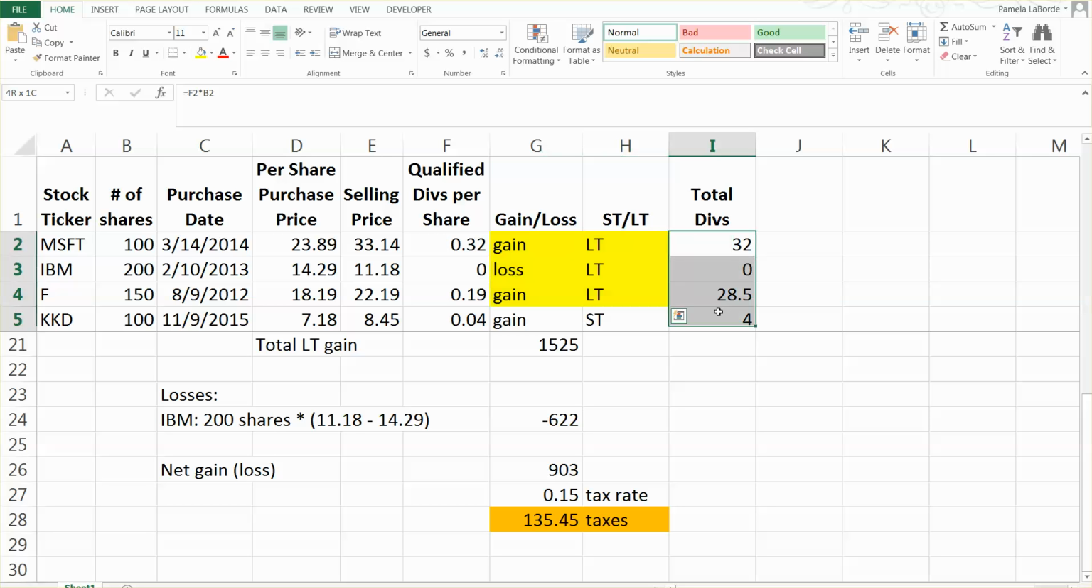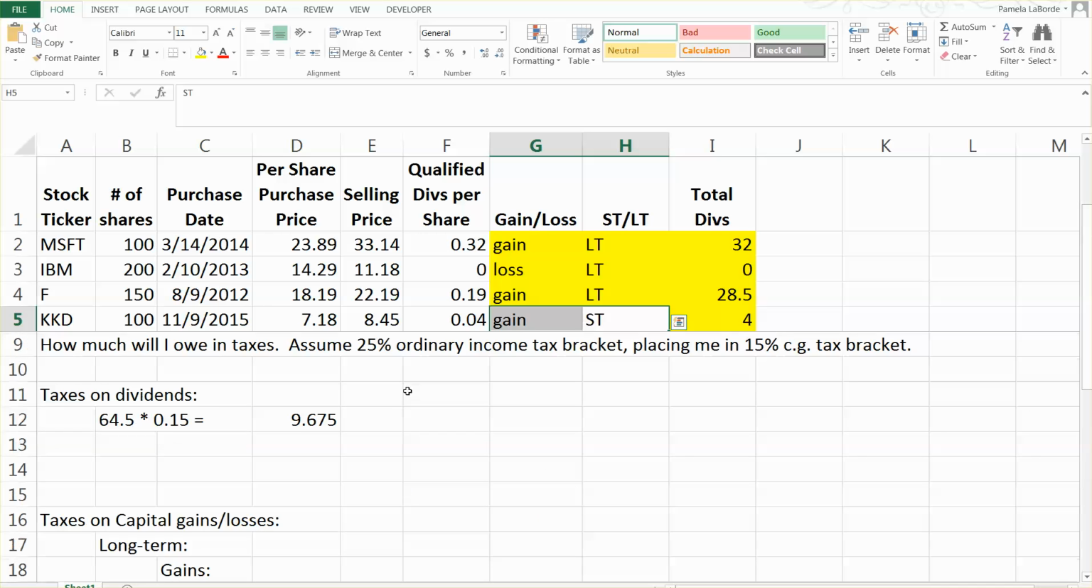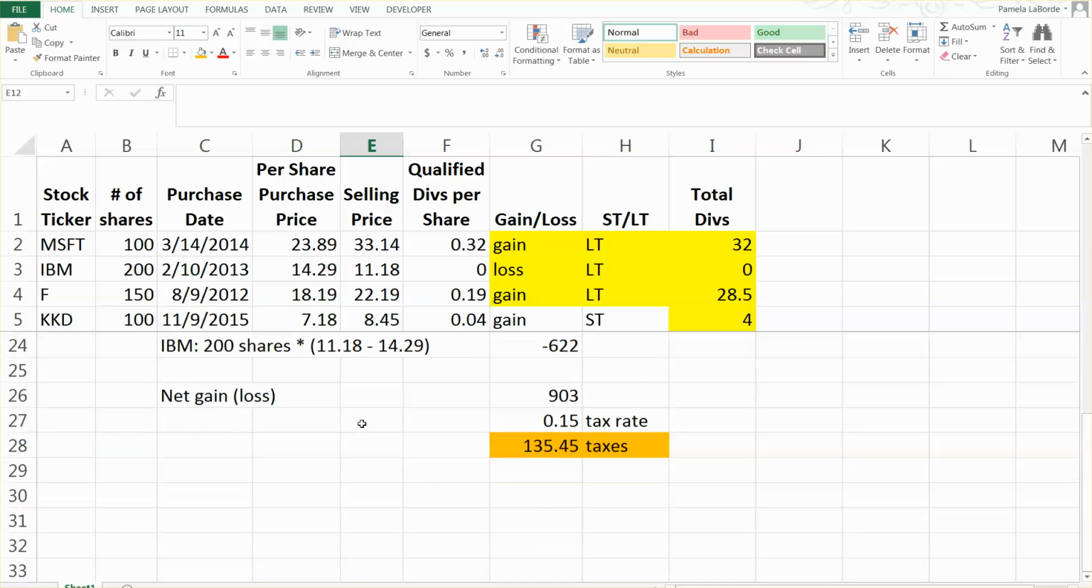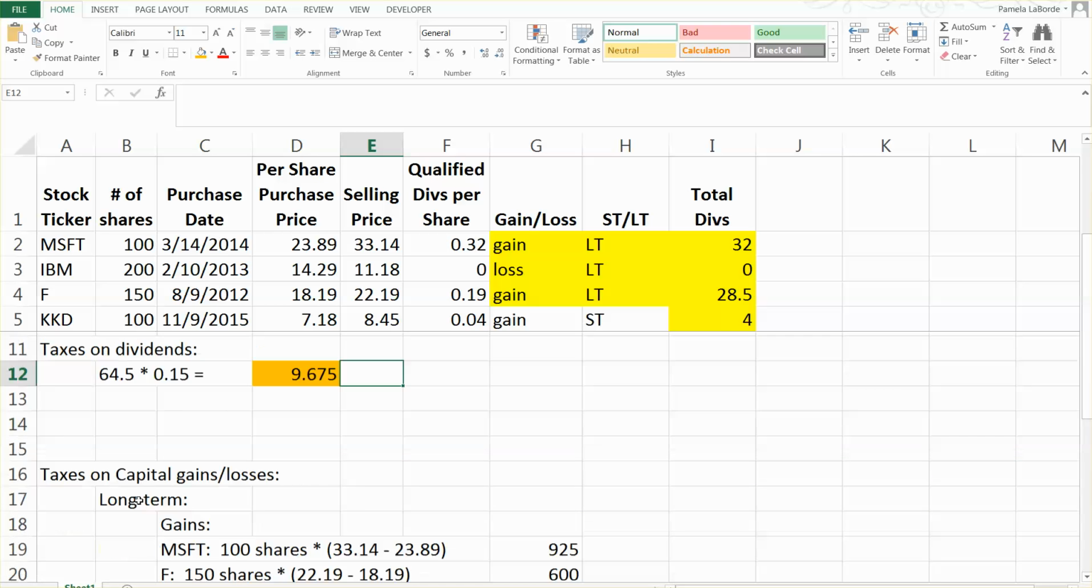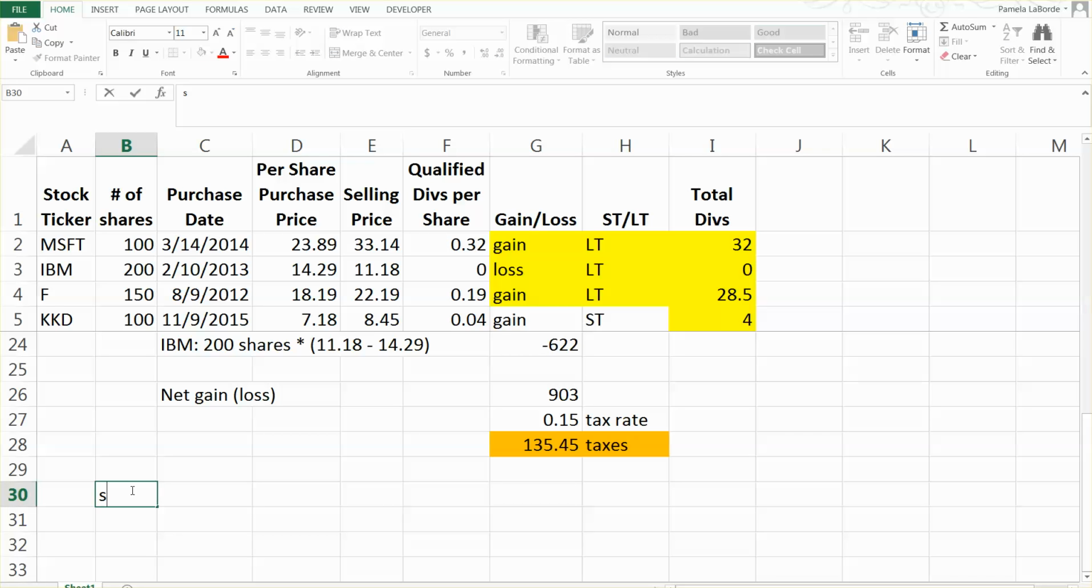I've also dealt with all my dividends, so I'm going to code those yellow as well. I still haven't dealt with the short-term capital gain, which I will in a bit. And then the taxes on my dividends, we calculated those earlier, $9.68. Now it is time to deal with my short-term capital gain